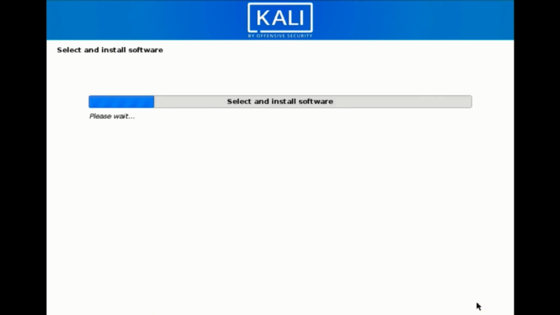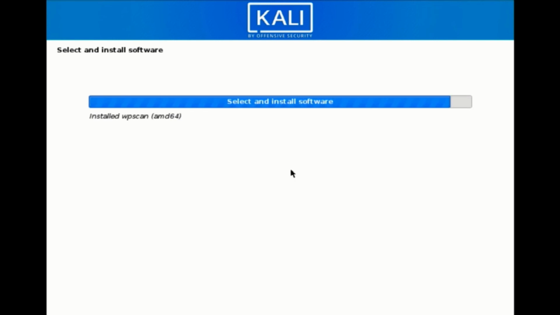Once I hit continue, it will select and install the software which we chose, the default top 10 tools. So again, it is going to take some time to finish the installation of the software. As you can see on the screen, it has installed WPScan, which is WordPress Scan, and other different tools. As soon as this installation has been completed,